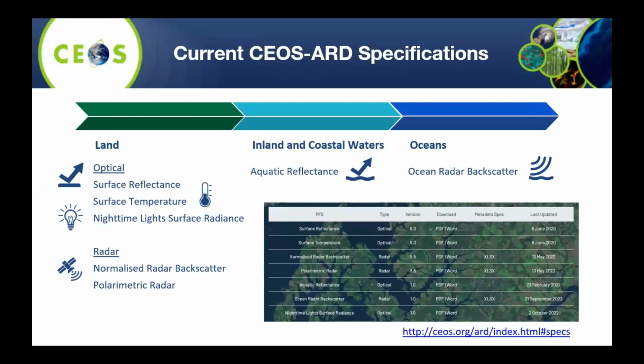So these are our current specifications. As I said, we started with the land domain, the land surface imaging virtual constellation. So we had surface reflectance, surface temperature, and normalized radar backscatter. We've added a few extras since. We have a nighttime lights product, a polarimetric radar product, and